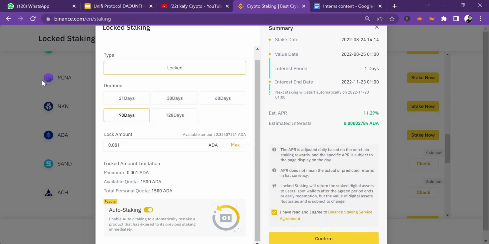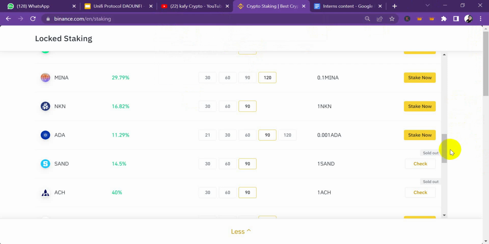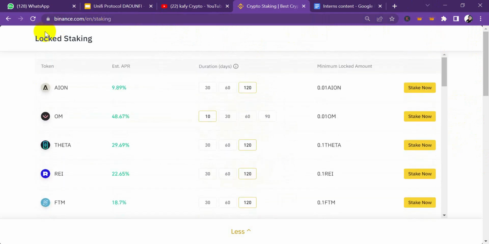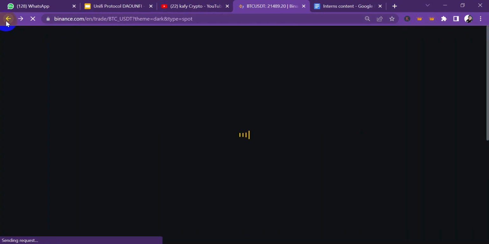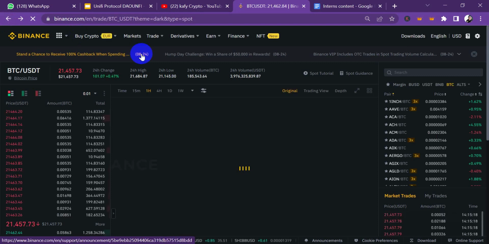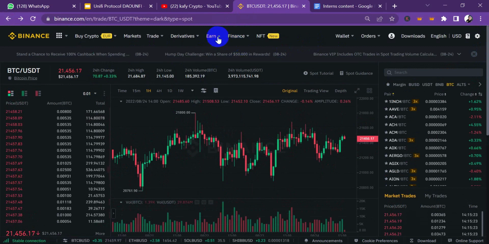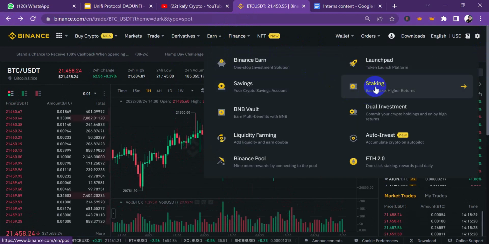But this is exactly how you can go about staking your coins on Binance. You can make your research, choose the right ones to avoid making some unnecessary mistakes, right? Then after you are done with that, I think this is the end of it all. At the end of the 90 days, your coin will get unstaked automatically, as long as you did not select this. If you took note of something when I was showing this, there is an automatic staking check that I had to unstake. Let me probably go back there